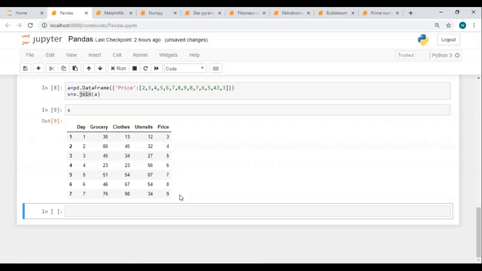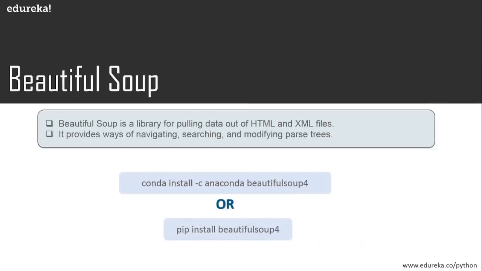Now let's get back to our presentation and see what is our next library that we will be covering in this session. The last and final library that we will be covering in this session is the Beautiful Soup library. This library is actually used for pulling data out of XML and HTML files. It provides ways for navigating, searching, and modifying parse trees.